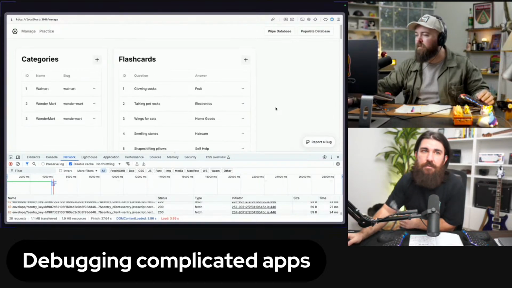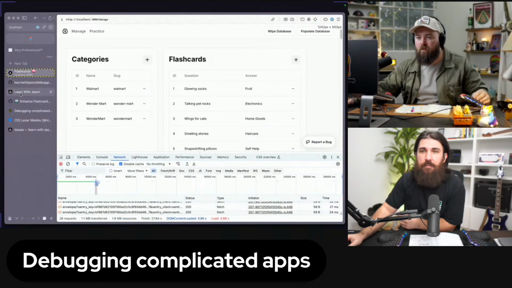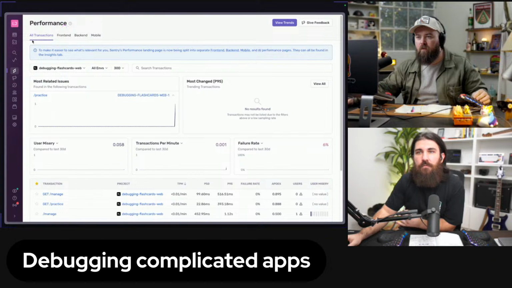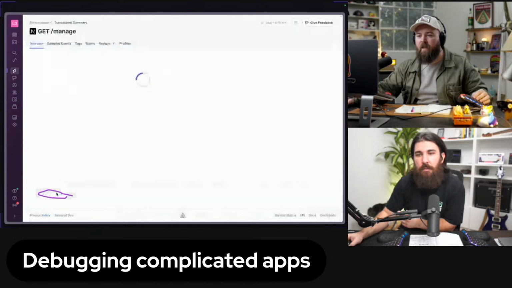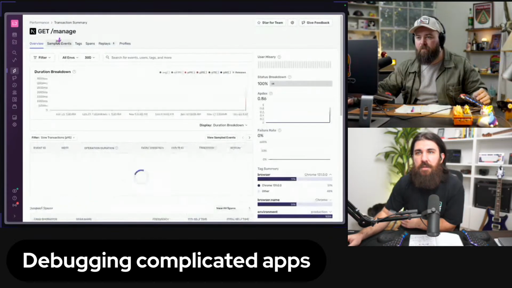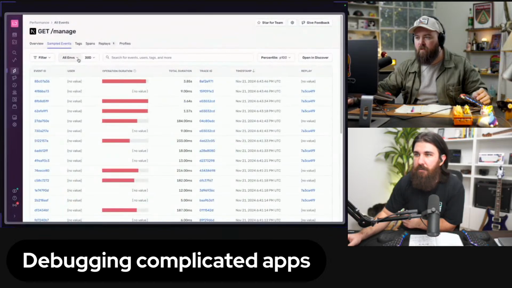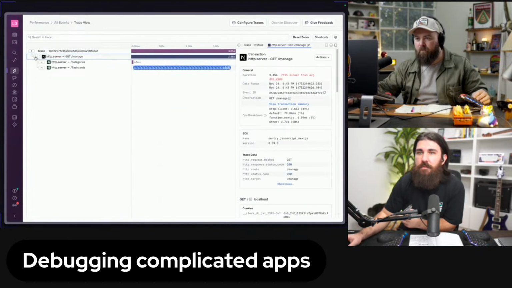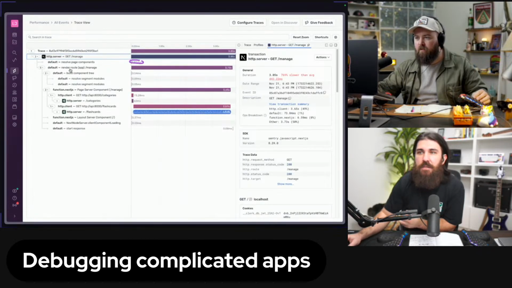Let's go back to Sentry now, and we're gonna refresh that page. Go back to all events. Sorry, where am I going? Undo and go back to all events. Or transactions, or just do this now. Got it. Okay. Go to sampled. And you should see the 4-second one. There we go. We got a couple of them in here. Get into it now. And now we see, oh, flashcards is 60. I mean, categories is like 63, but look at the flashcards.